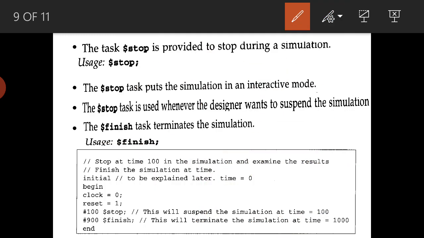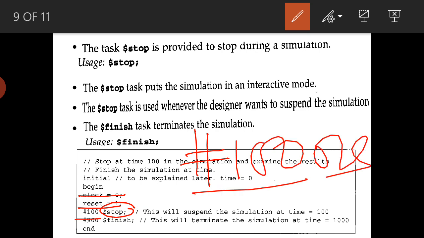In one of the examples given here, initially they have declared clock equal to 0 and reset equal to 1. After hash 100, meaning a delay of 100, which as I told you by default is considered as nanoseconds, the simulation will stop and you can see the results.